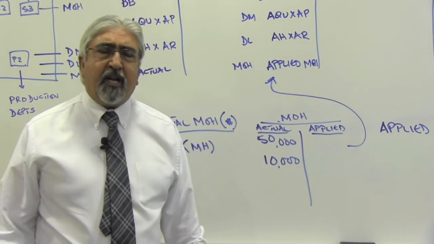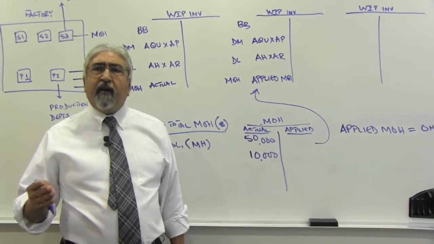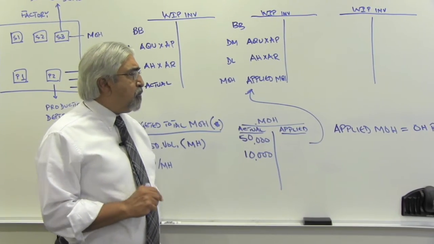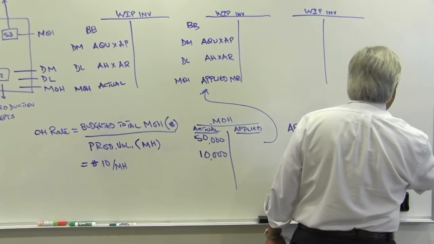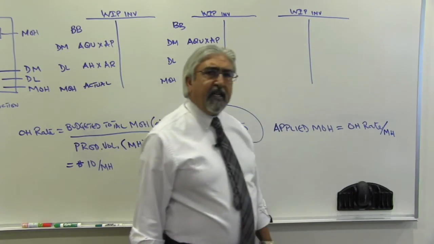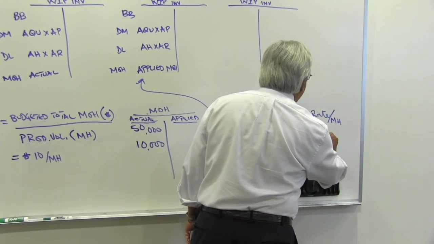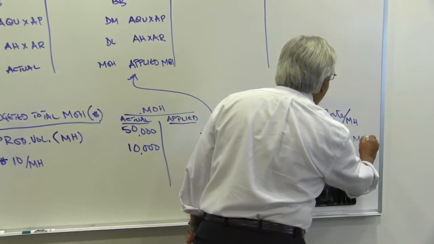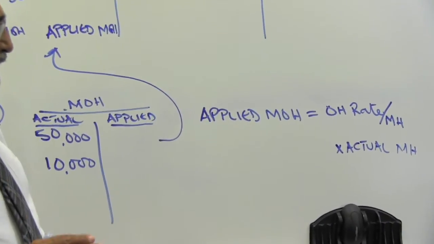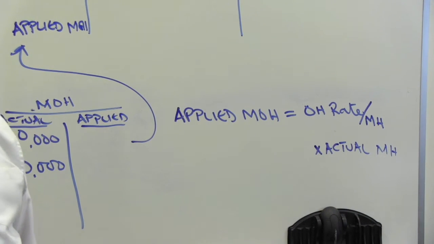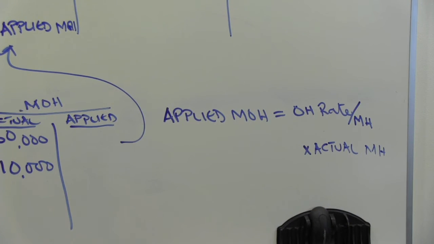Depends upon company policy. Some companies do it every week, some every month, they may do it every quarter or whatever. But to get this applied overhead, what you will have to do is this. You will have to take the overhead rate, which in this case was based on machine hours, and multiply that by the actual machine hours worked in the period that you have selected. So, you take the overhead rate per machine hour multiplied by the actual machine hours worked in that period under